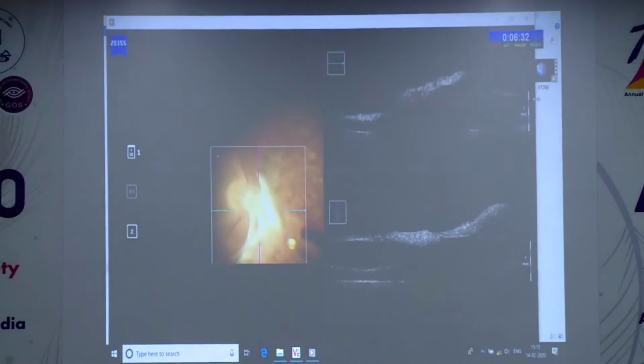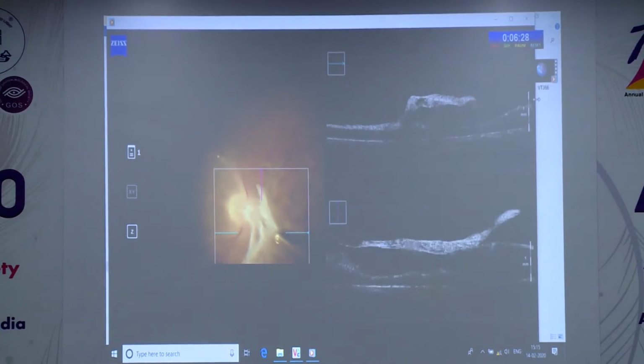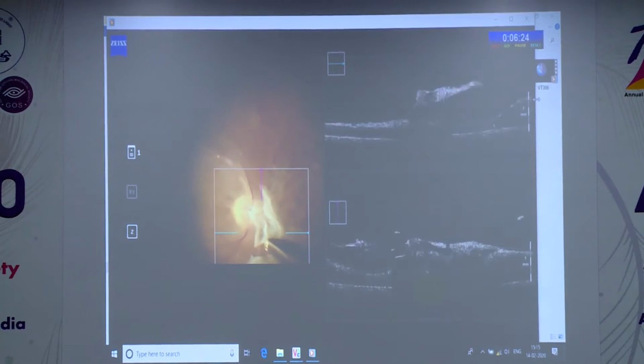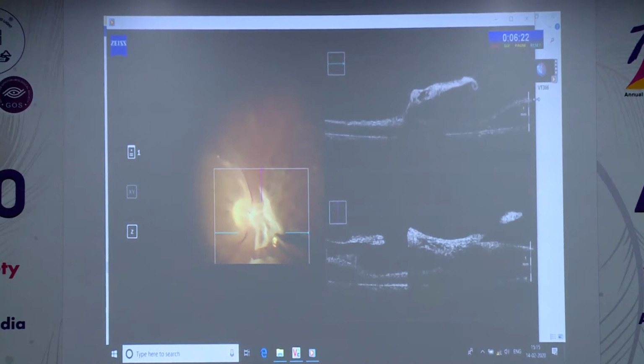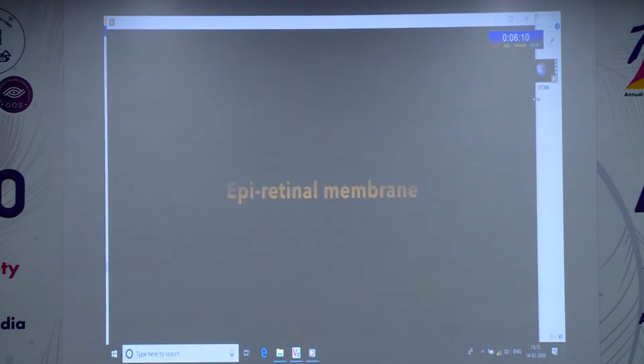In diabetic tractional retinal detachment, intraoperative OCT aids in finding the safe plane to begin fibrovascular membrane dissection. Real-time visualization of the cutter in relation to the retina prevents inadvertent trauma to the underlying retina. Foveal assessment at the end of the dissection with intraoperative OCT ascertains complete membrane removal.